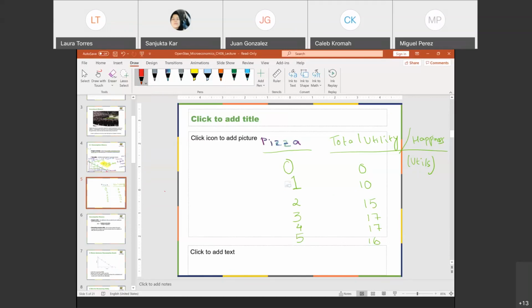So what is really going on here? It looks like my total happiness keeps on increasing, reaches a maximum, and then goes down. So this is called